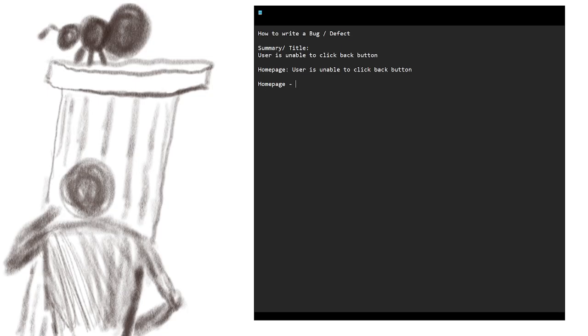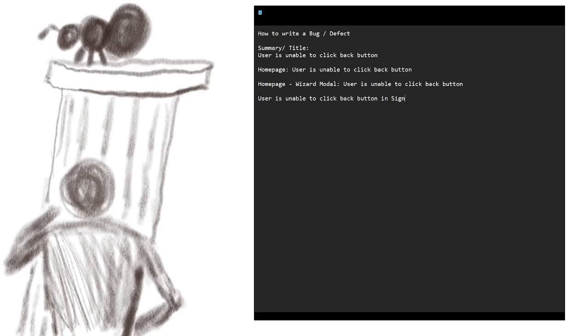You could say home page, wizard modal, user is unable to click back button. Some way to indicate, or if we were to just write that into the base title, you could say user is unable to click back button in wizard,